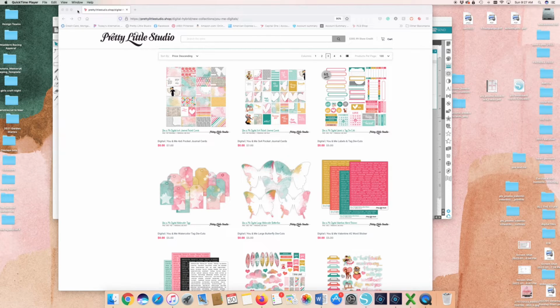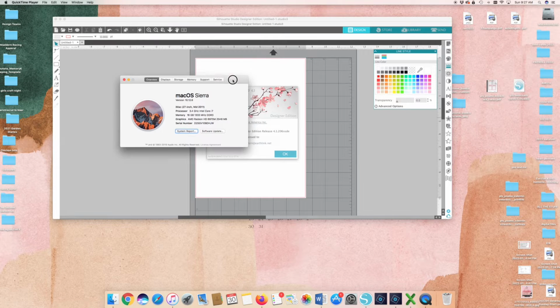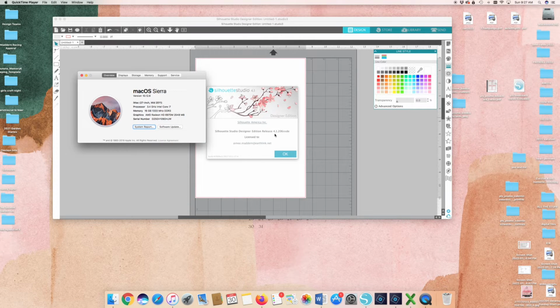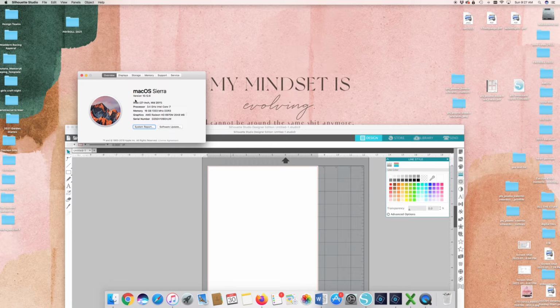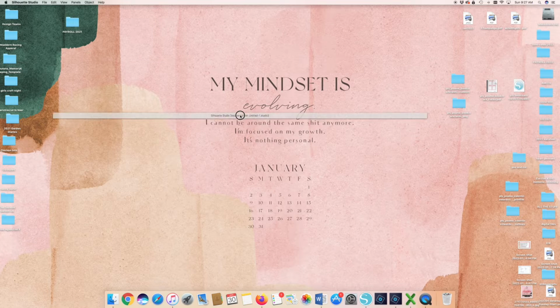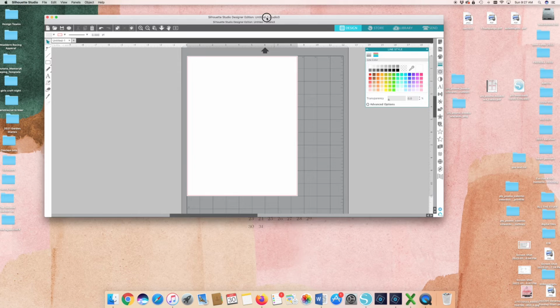So let's check out what version I'm using. I am using version 4.1.206 of Silhouette Studio, so 4.1. Then I'm on a Mac using version 10.12.6. I'm still running Sierra as the operating system. Anyways,